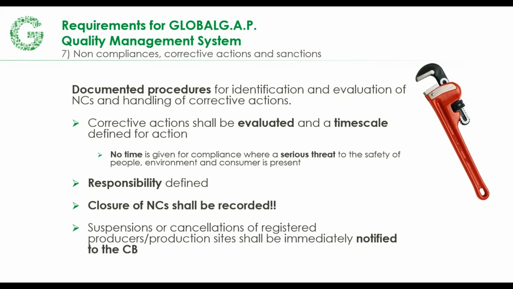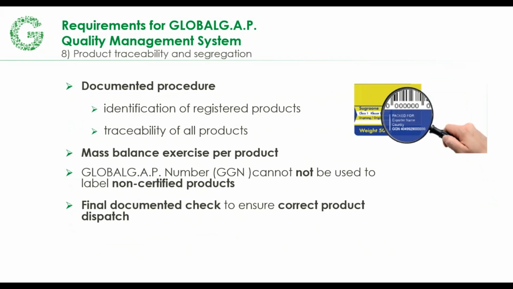So that should be in those policies, as well as going back to the information about the management system and the managers allowing the internal inspectors and auditors to have that authority to do that. Responsibility should be defined. Who's responsible? Is it the internal inspector or is it the producer themselves? And the group is allowed to suspend or cancel registered producers. Like if that producer might hold back the certification of the whole group, then maybe they should be suspended, have that notification to the CB, and protect themselves if the producer is not able to comply with the requirements.